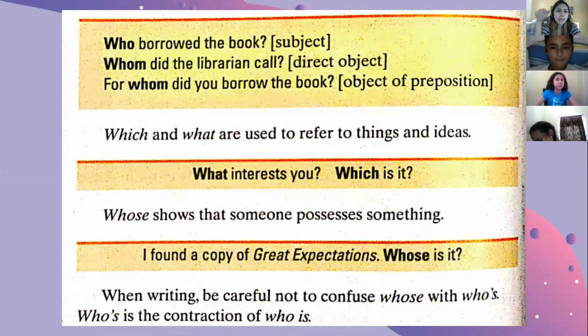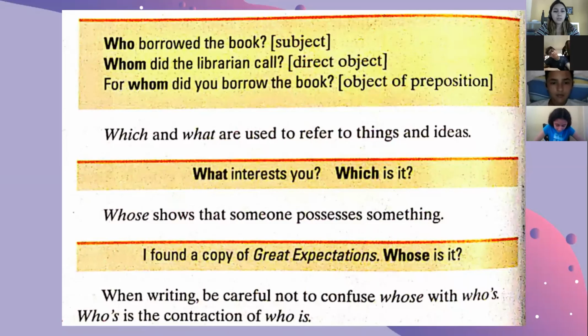Or which is it? When we have many options, we say which page, miss, or which color do you prefer? Or which is your favorite restaurant? So those are things that we can use when we have options. Yes? So when we said what page is wrong, it's not basically wrong, but you can also use which.